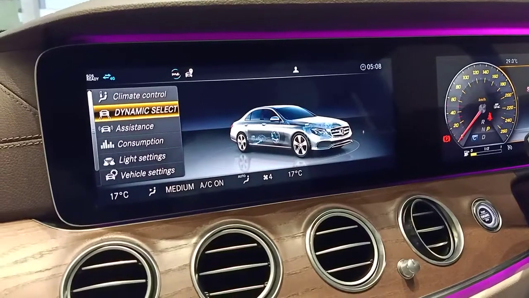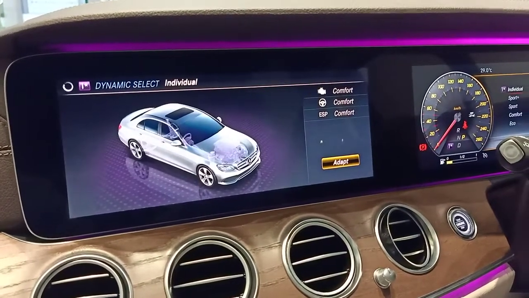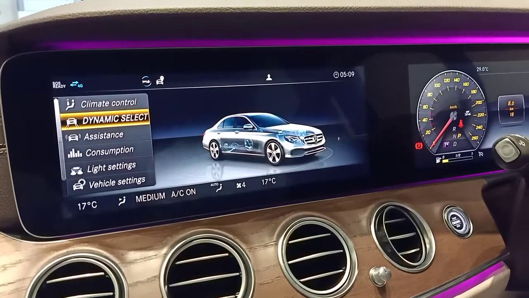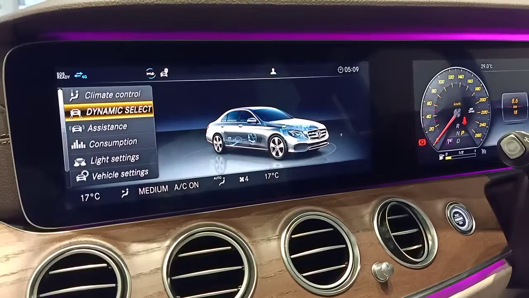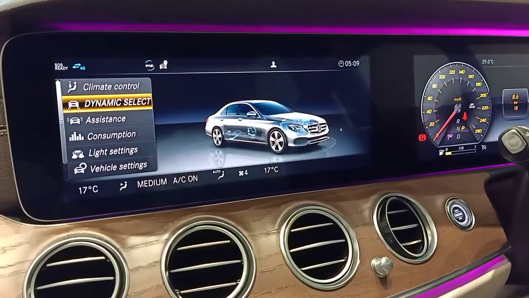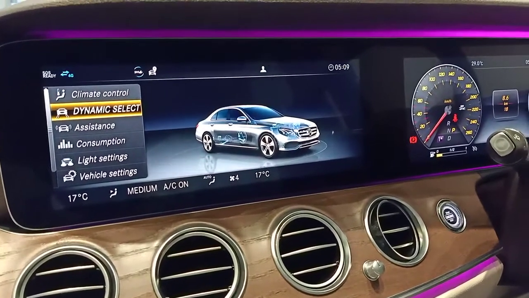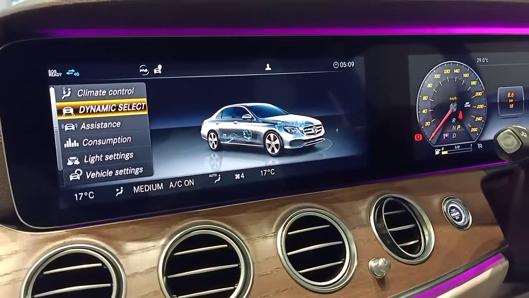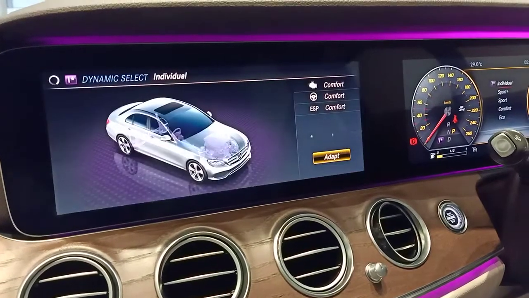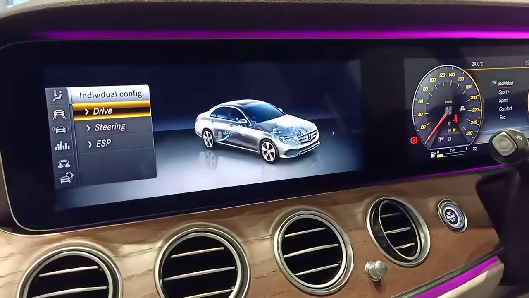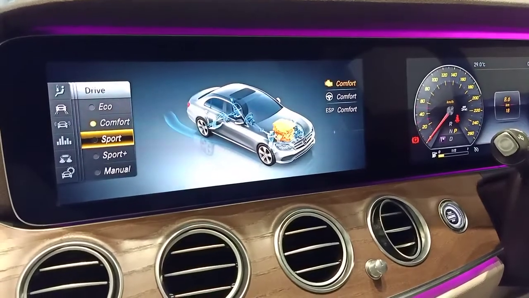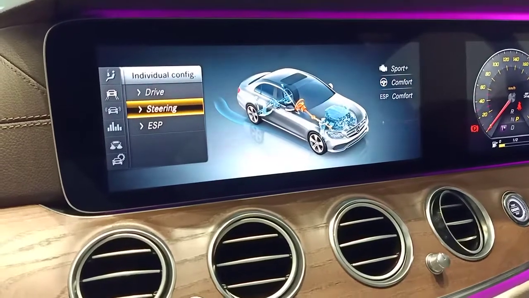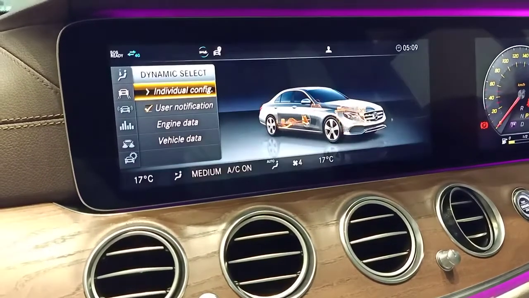Other than that, we've got individual driving mode that is specially made for customers, because in a Sport Plus mode, your engine and transmission performs at its optimal, but also it hardens the drive because the suspension and the steering becomes stiffer and tight. So in individual mode, what you can do is you can keep the engine and transmission on Sports Plus, and you can keep the suspension and the steering on Comfort mode. So we can see how we are adapting it. We go to drive and put the drive on Sports Plus, and we put the steering on Comfort mode. So this is how we can have an individual driving mode for every customer.